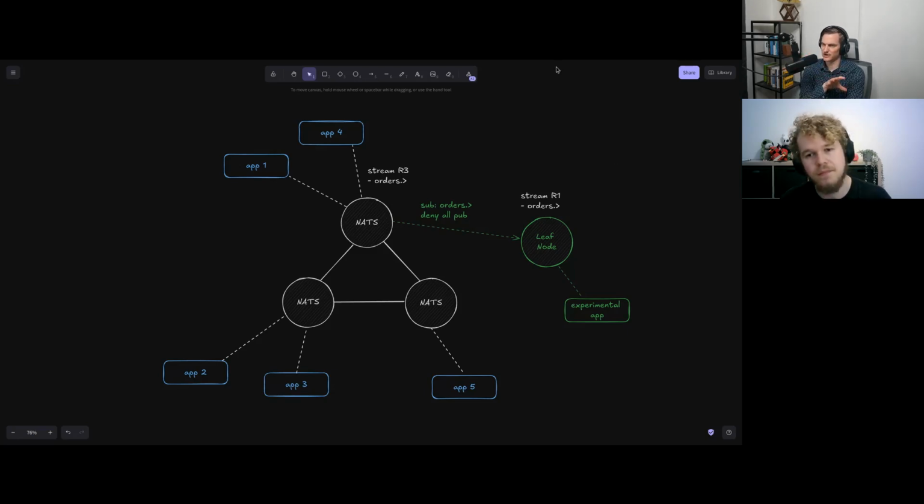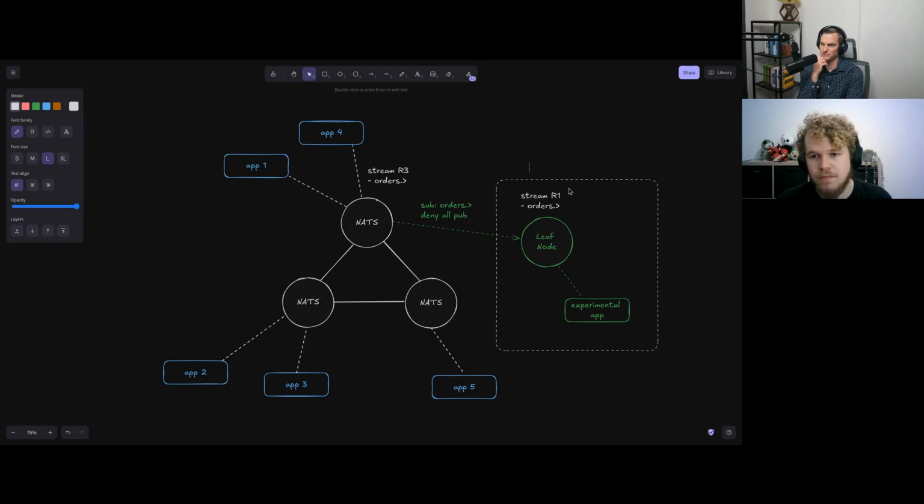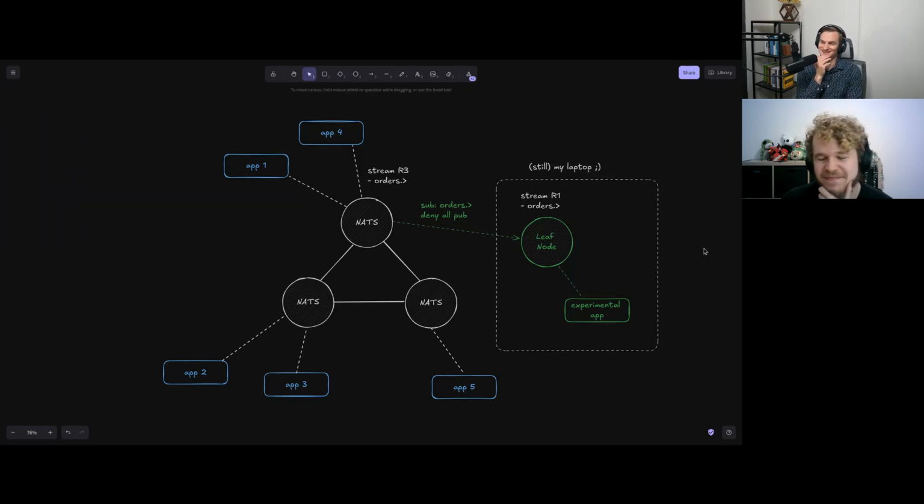And you started this with kind of like the local dev environment setup. But correct me if I'm wrong here, you could still do this in a local environment, right? You could have that leaf node just be a locally running server. So it still gives you that possibility of, hey, I'm just doing a local environment here. And I have two questions here. So one, yeah, still just the laptop, right? I mean, that's the cool part, you're not needing to deploy additional infrastructure anywhere to enable this kind of use case. For sure.